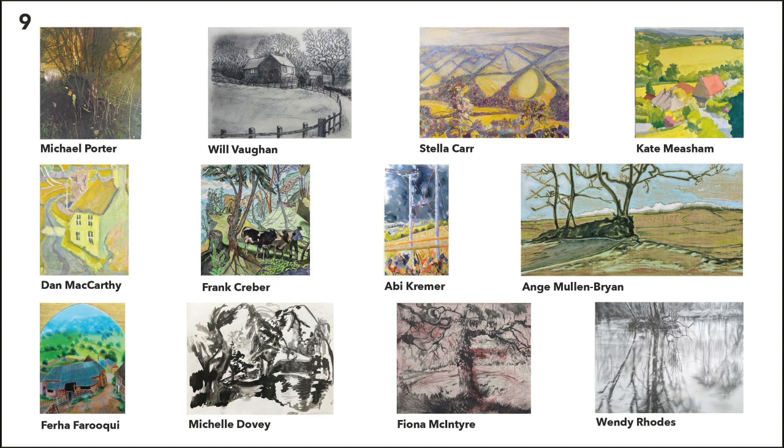Kate Measham, she's made very colourist painting and drawing, and I was very struck with her work when I met her the first time, so I'm very glad she's in the show. Likewise, Dan McCarthy, I met him doing a residency at the Sidney Nolan Trust, and he was doing a year-long residency there, and I was immediately interested in his colourist approach and quite symbolic use of